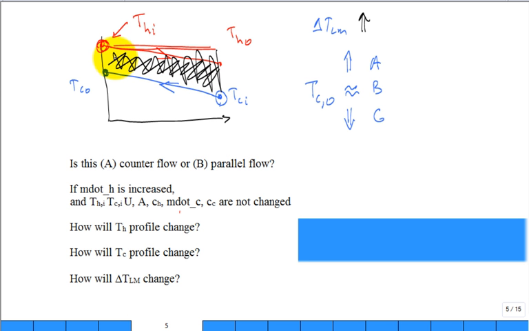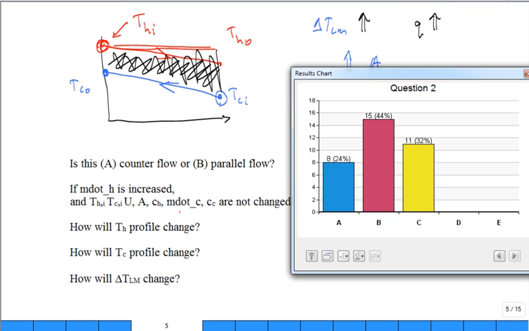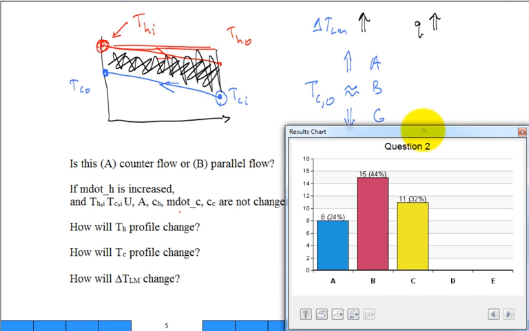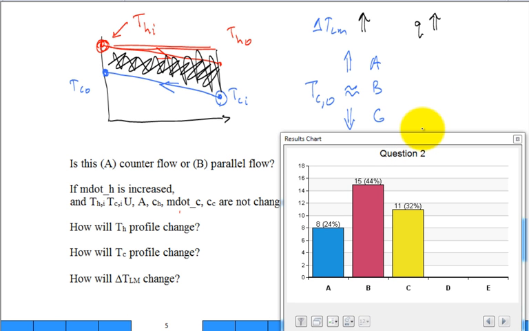Yeah. So what did Q, the rate of heat transfer, do? It went up. Q overall for the heat exchanger went up. I blew some more hot fluid through it. So what does the temperature cold out do? So it's not easy questions, is it? It's tough questions. Sorry about that, but it's heat